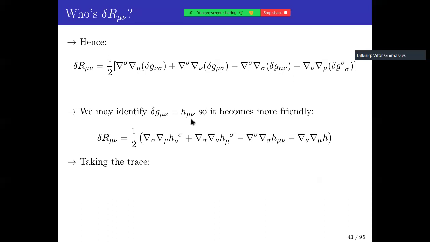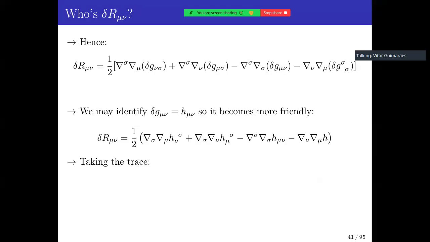Of course, it is not the same perturbation, right? But it is the same in the sense that it is the perturbation tensor, okay? So delta g mu nu we identify as h mu nu, so that the equation becomes more friendly, without these weird deltas, and so we get this expression, which is a much simpler expression for the Ricci tensor, okay? Which is very similar to what we obtained